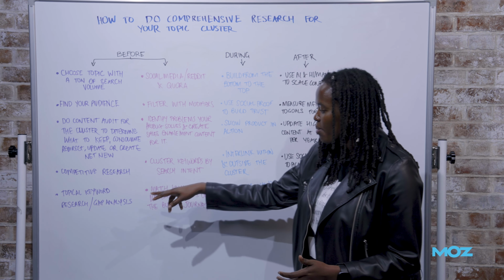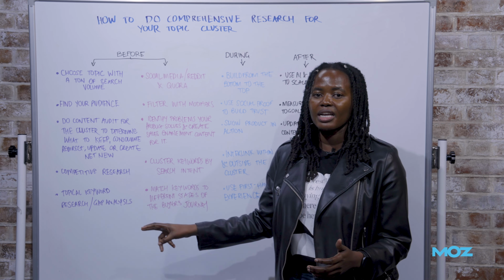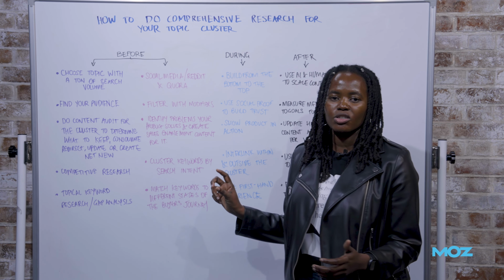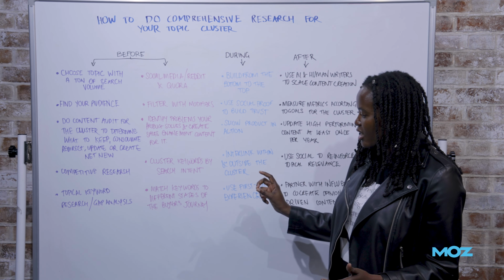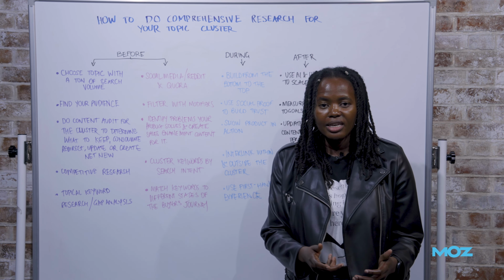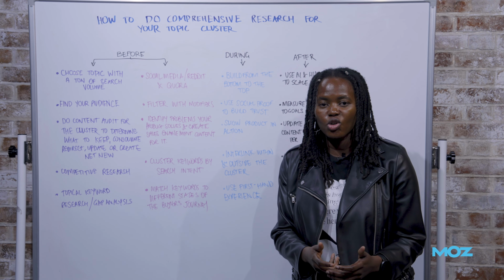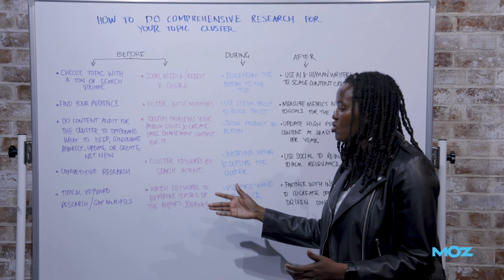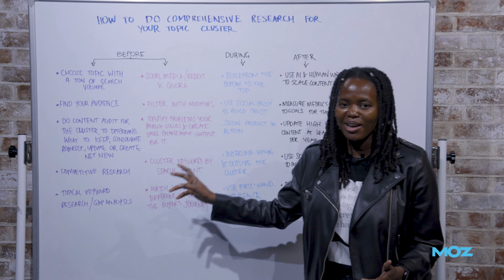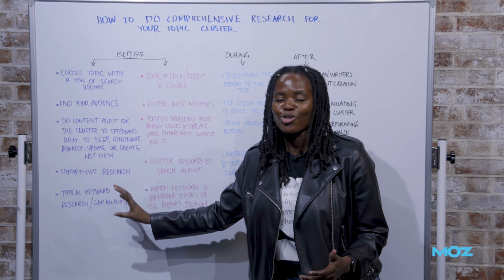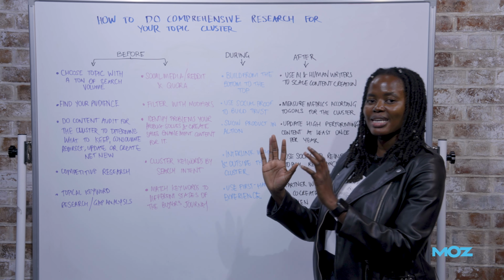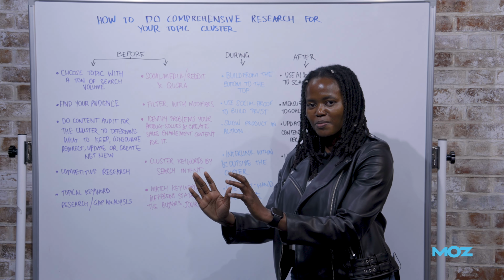Next step is to do topical keyword research. That means that when you're doing your research, you are filtering by that cluster topic. And you also want to do a gap analysis to understand what do I have in my current contents and what do I need to create net new. A keyword gap analysis using a tool like Moz Pro will usually uncover this for you. Now you have a really good sizable SEO list of keywords.